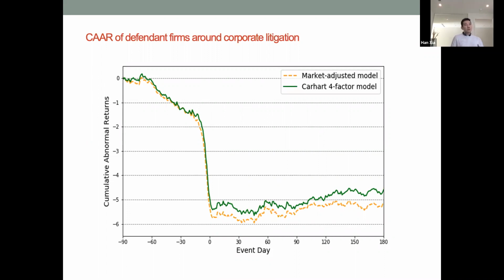But the difference between the news and the litigation is that the litigation essentially confirms the concern from the market. And the litigation will lead to a verdict, and that verdict can be detrimental to the firm. So that is why empirically we see that the litigation itself triggers a much larger reaction than potentially the news itself. And that's why we focus on the litigation instead of the news itself,